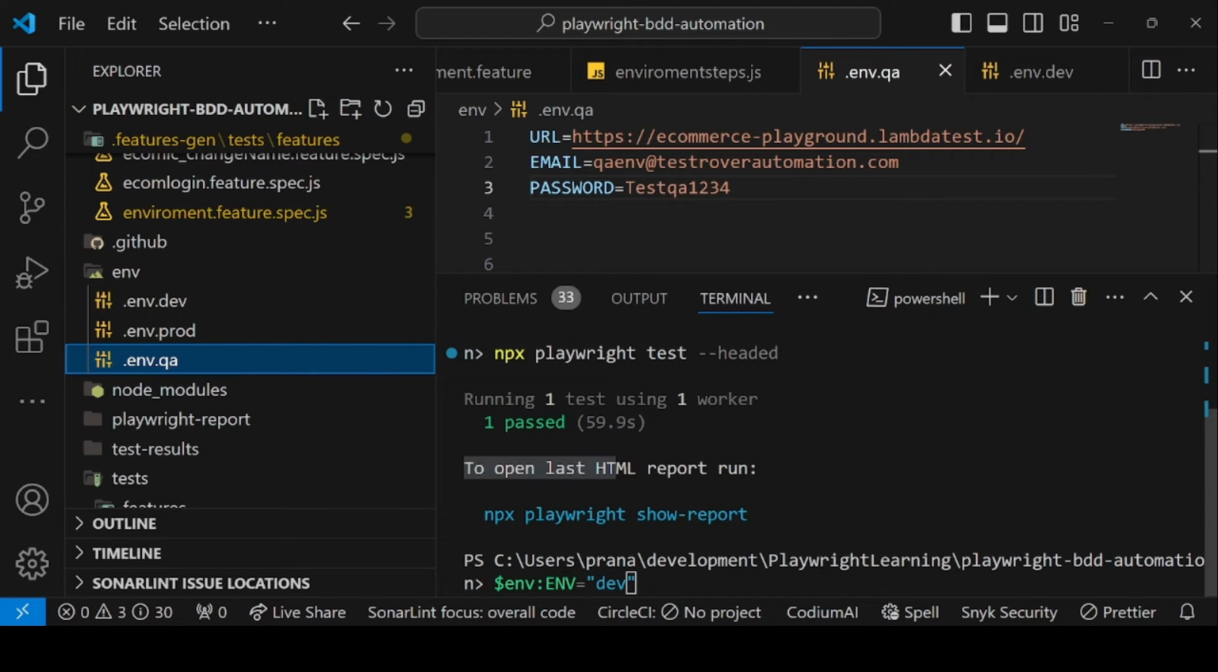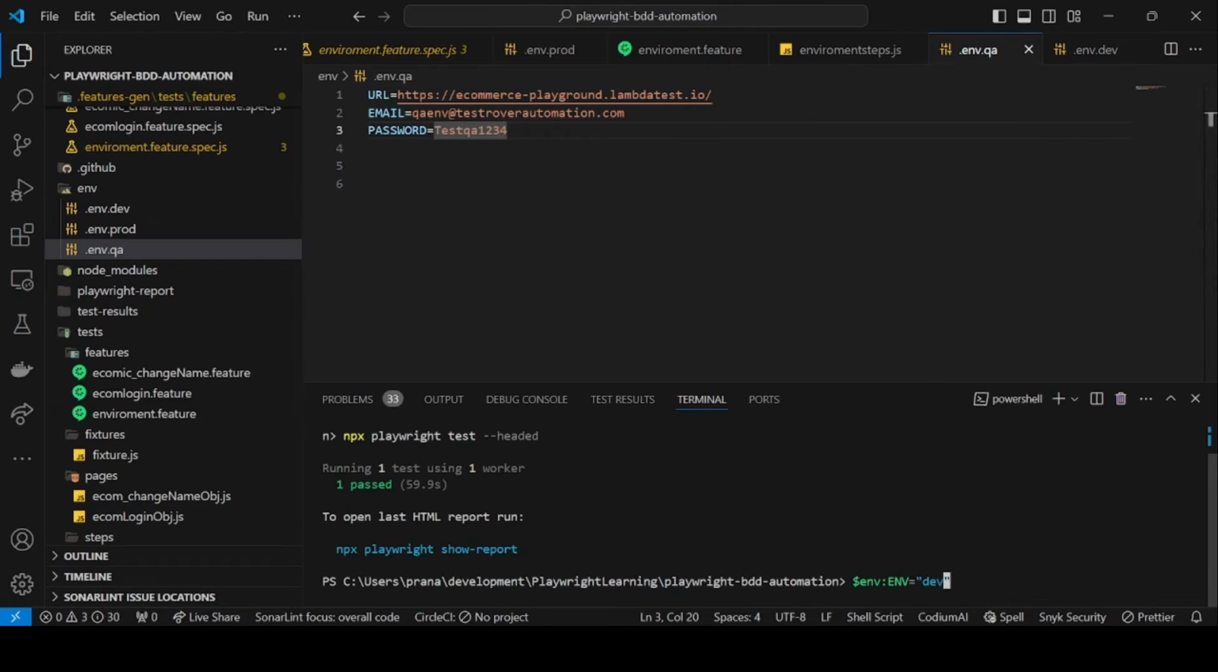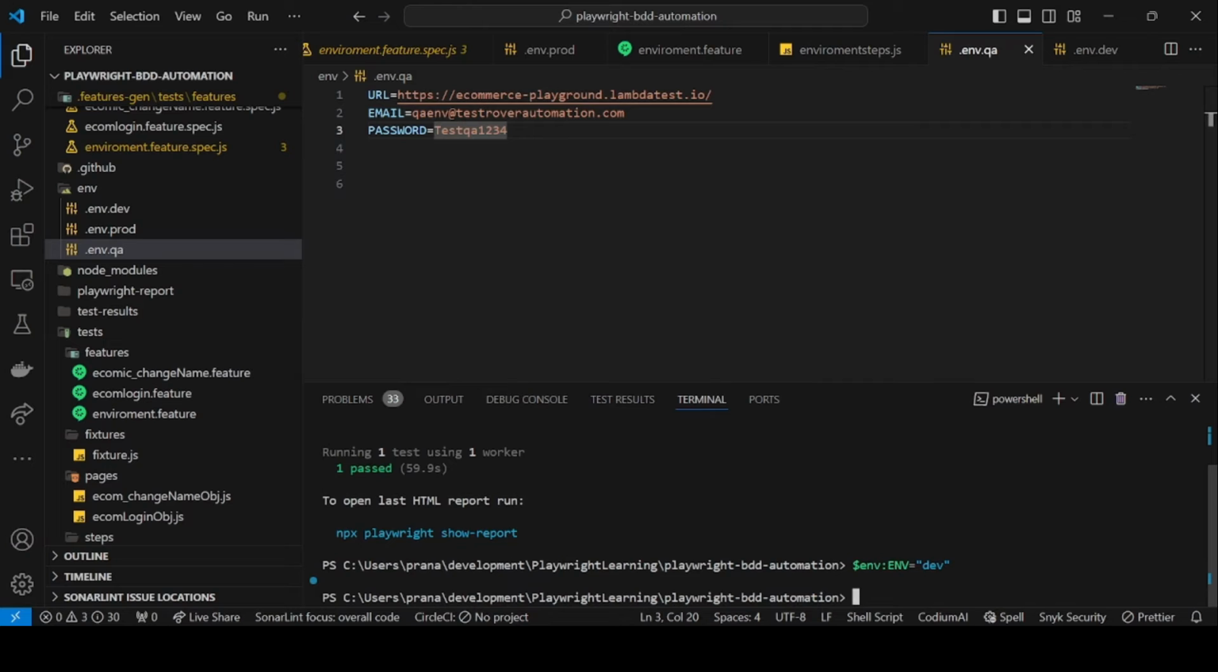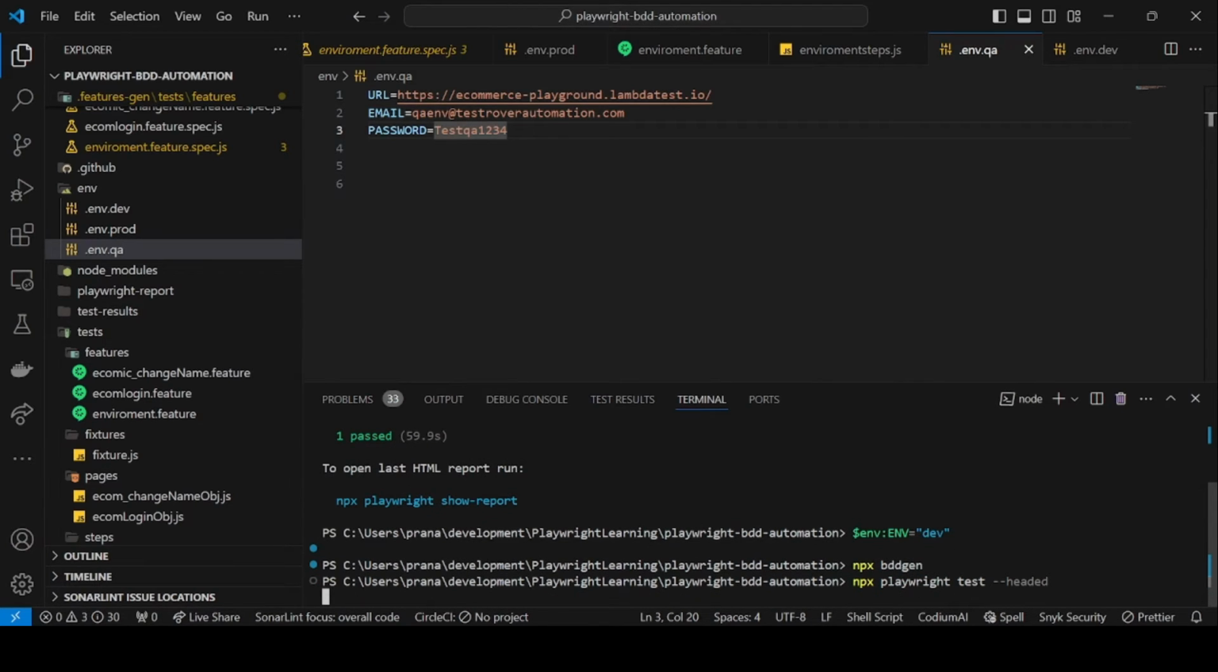Now we are actually setting up the dev environment. I hope you got it. If you have any confusion, let me know in the comment section. I will try to help you guys. So now we are setting the dev environment. Just going to enter. Now if I go and run the npx bddgen again, and now if I run the npx test headed,